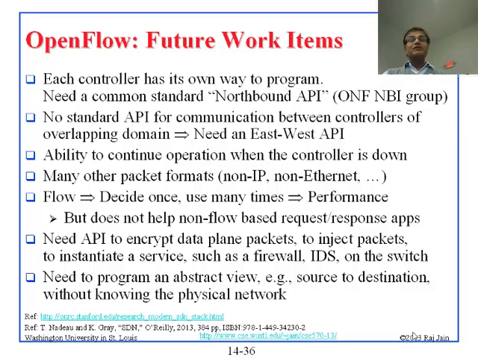Ability to continue operation when controller is down. So that's another big problem. Now the thing is we have 3 controllers controlling the same network. Suppose all 3 go down for whatever reason, then nothing can happen. Right? Because all the tables will time out at some point and they will have no flow entries left. And so some people are saying, why don't we leave some brain in the switch so that it can use it? See, in the real world, the way it works right now, your boss tells you something, but if the boss goes away, you can still continue to operate, use your brain.